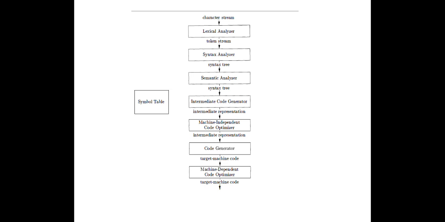The synthesis part takes the input from the analysis part and produces the target program as an output. So these are the various important things that we have related to the structure of compiler.